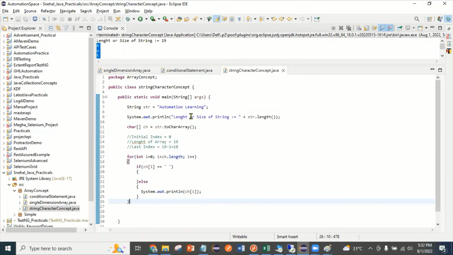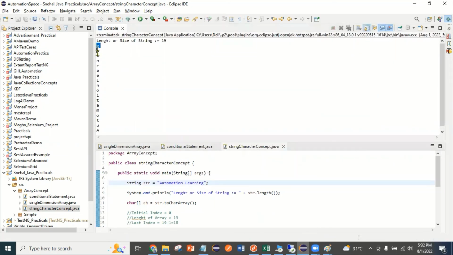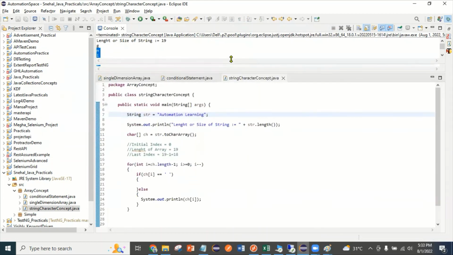Now suppose the requirement is that I want to print in reverse order, from G N I N and so on. क्या करेंगे हम रिवर्स ऑर्डर के लिए, हम लोग लास्ट इंडेक्स से स्टार्ट करेंगे, 18 से स्टार्ट करेंगे। तो 18 से स्टार्ट करने के लिए चाहिए ch.length - 1। So i is equal to ch.length - 1, i greater than or equal to 0, i minus minus. So this will do the reverse. Now if I right click, it will do the reverse. देखो, जी से चालू कर दिया, लर्निंग, जी एन आई एन, और यहाँ से नीचे से ऊपर रीड करोगे तो ऑटोमेशन लर्निंग हो गया।